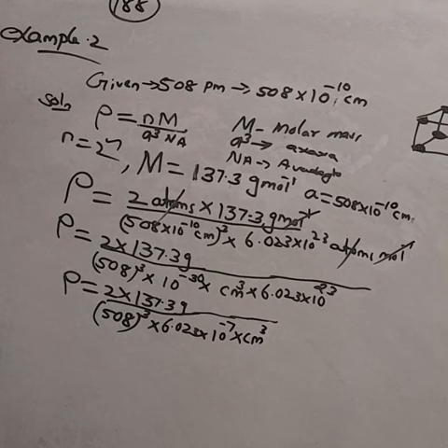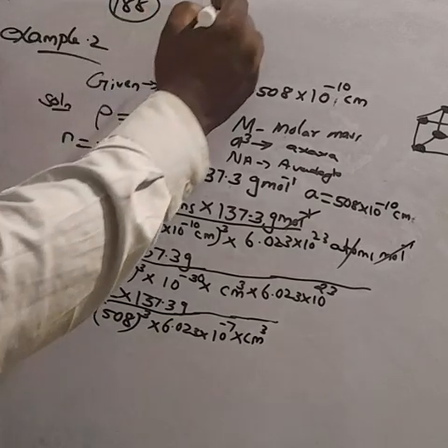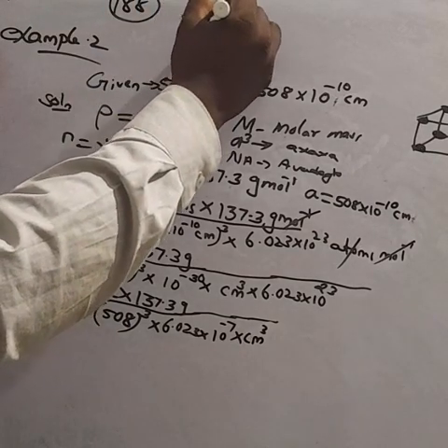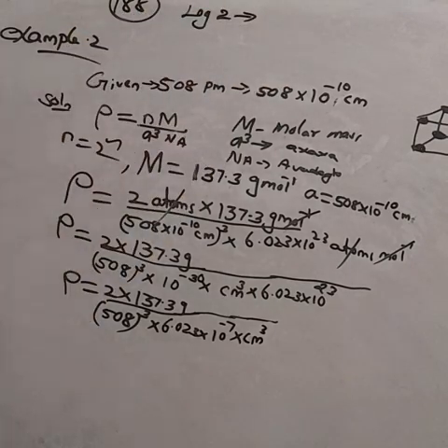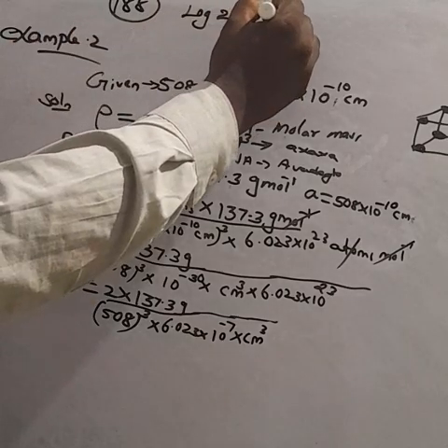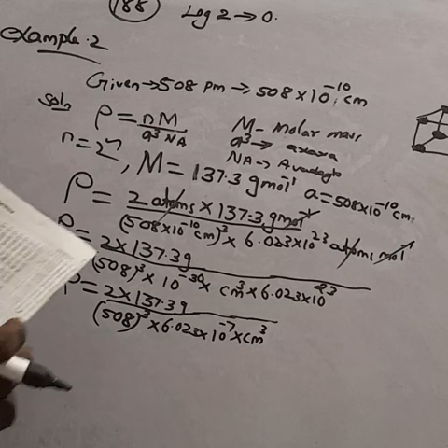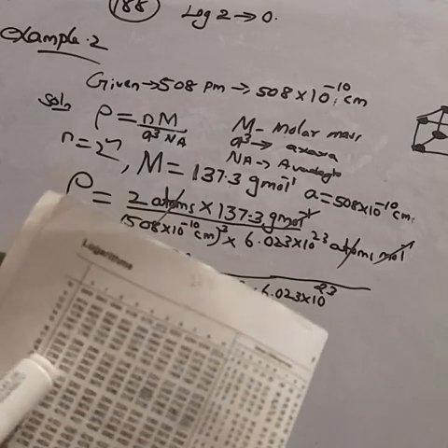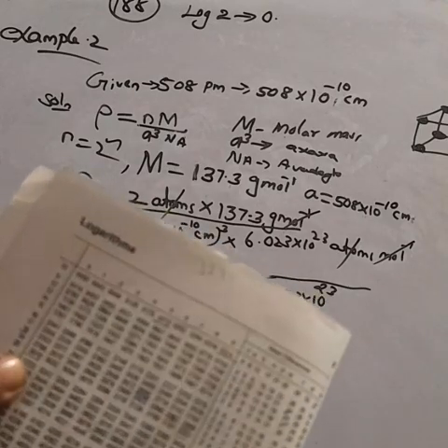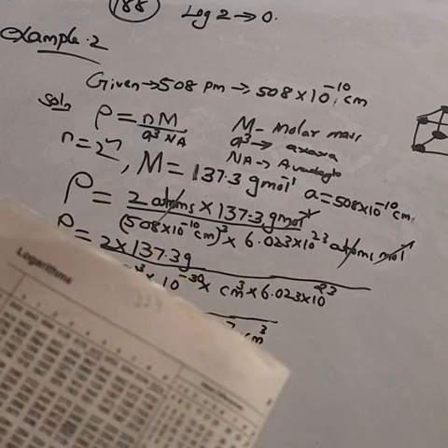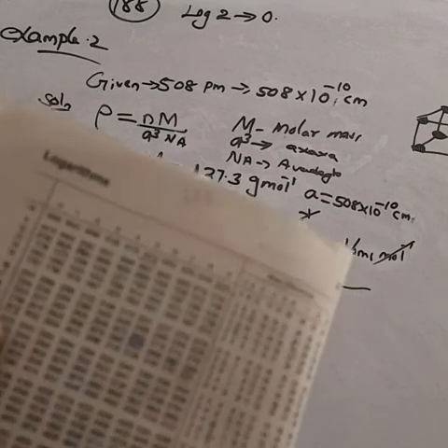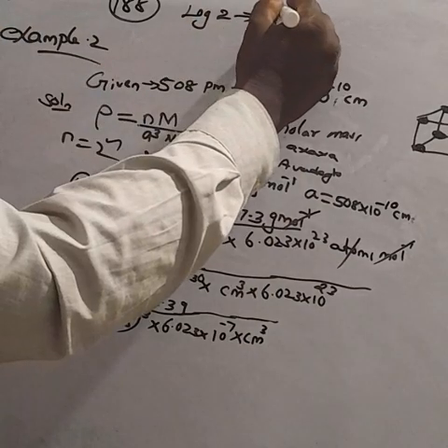First, I am taking log 2 here. The log of 2. It has only one digit, am I right? So I am writing 0. 1 digit means 0, 2 digits means 1 point, 3 digits means 2 point, like that you have to write. We can explain later. Here, please find the log of 2. There is no log of 2, so for log of 2, we take log 20. For log 20, here we have to take 0. Log 20 with 0 taken means the value is 3010.